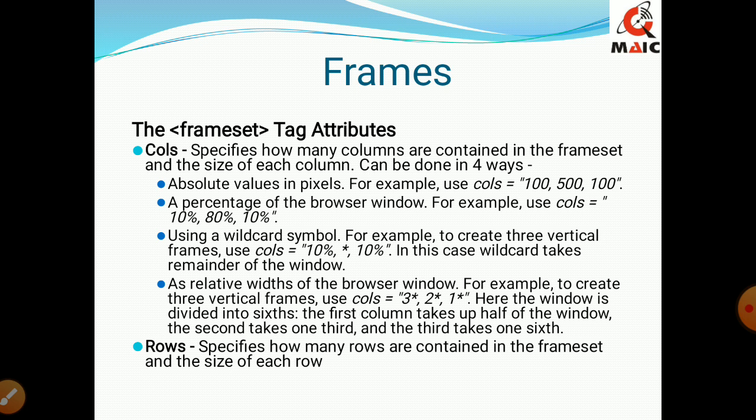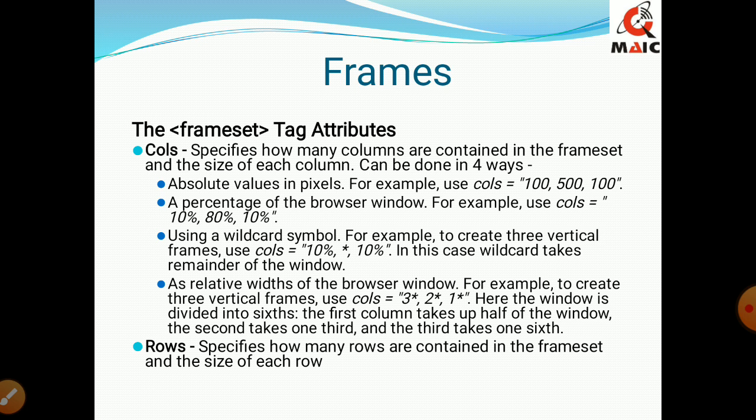Now the fourth way of representing the demarcation of the frame width is using relative widths. For example, we have used here 3 asterisk, 2 asterisk and 1 asterisk. Now what does that mean? That means the total is 3 plus 2 plus 1, that means 6. So the window is divided into 6.